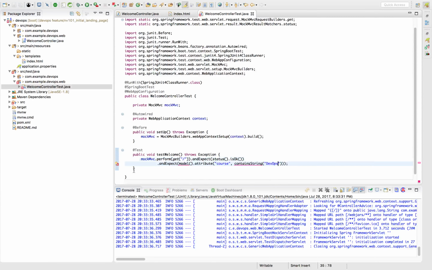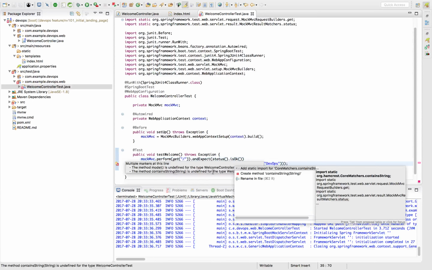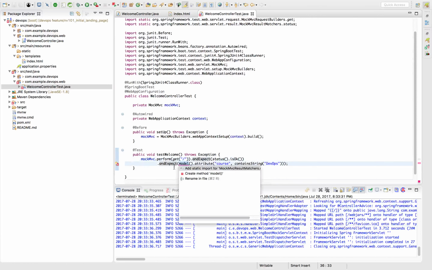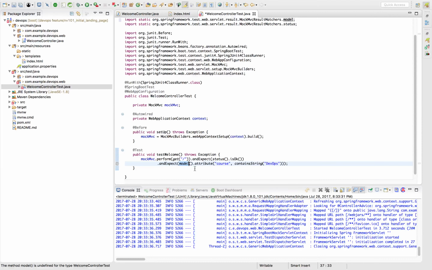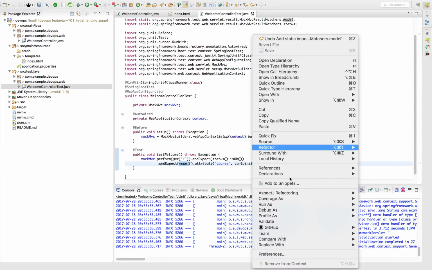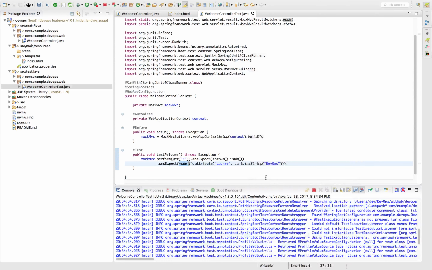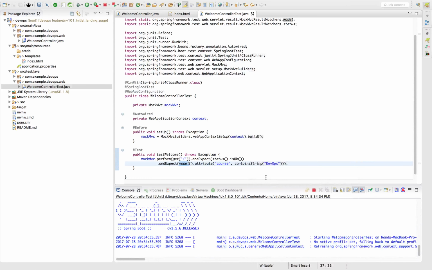So not only am I saying that I expect a 200, I also expect a response model that has an attribute of course that has a value of DevOps. So let me go ahead and run the test,